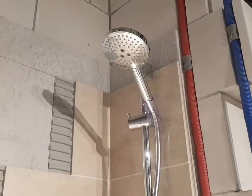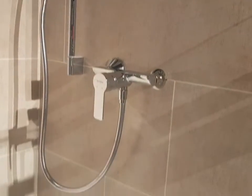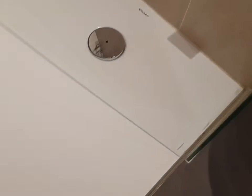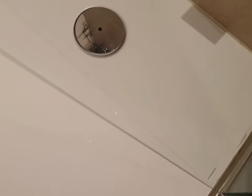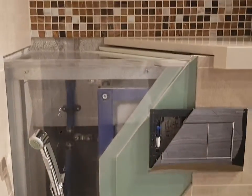So this is a sample of how the bathroom looks like. This is sample. That's how you know these are deep waters. Now this is not accurate because in the actual apartments they're filled to